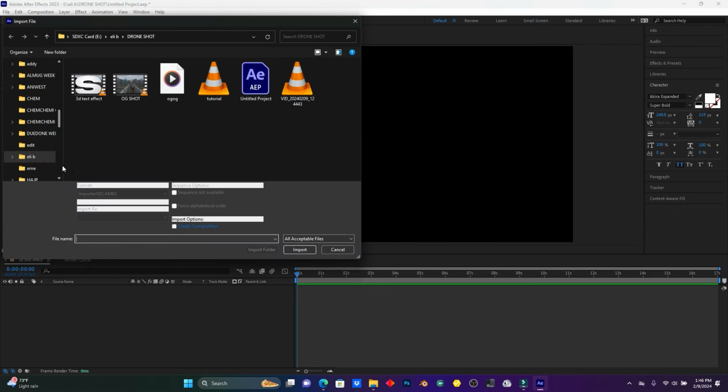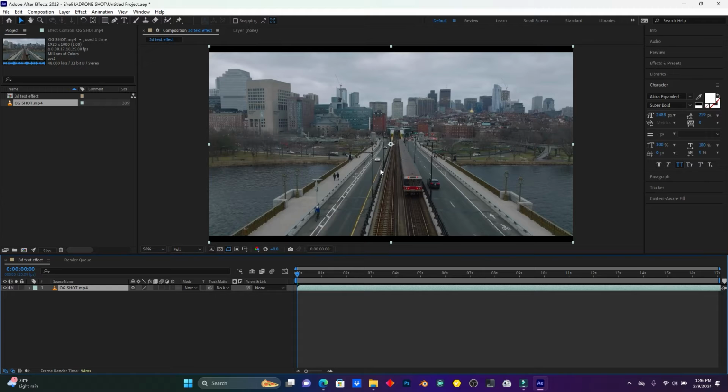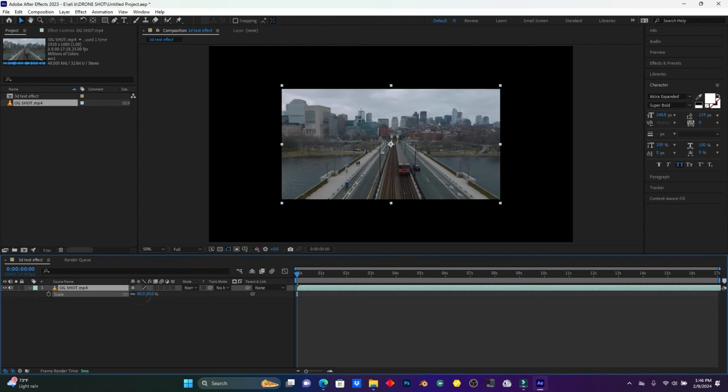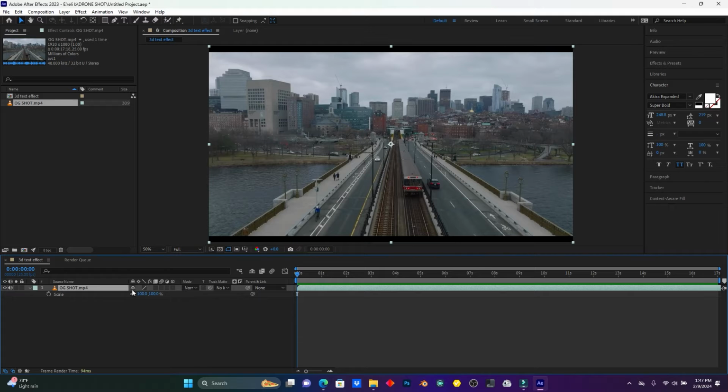Double click here and then let me import this one. So when I drag it here on the timeline, you see my clip is fitting well with my composition. When your video is much bigger or smaller than the composition, just click S on your keyboard, and then if it is big you have to reduce it, if it is smaller you have to increase it, just like this. Okay, so my video is fitting well with my composition layer, and then right click on this video